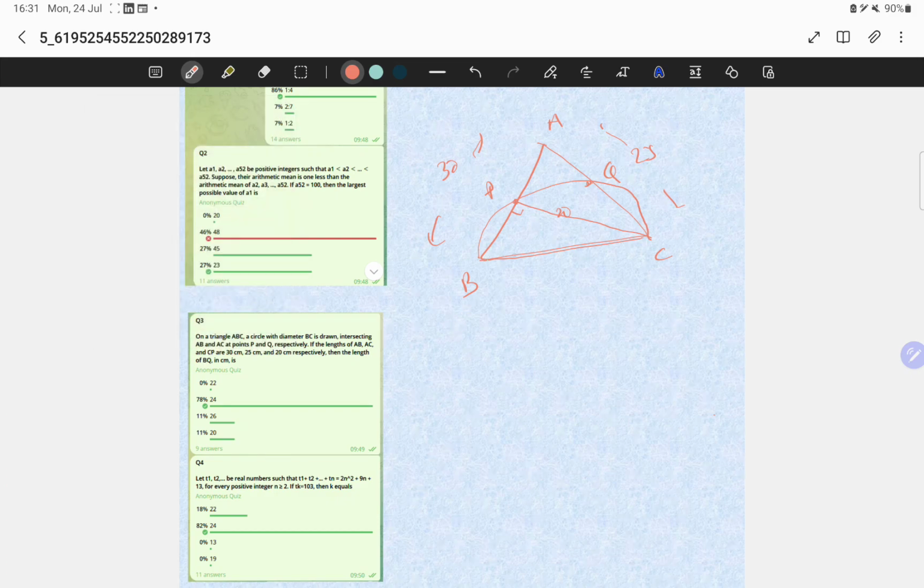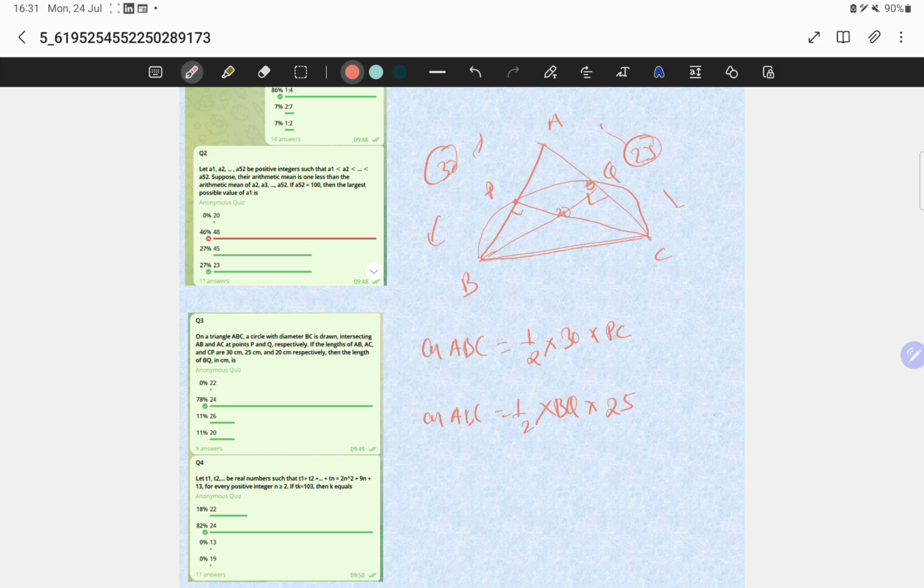So the area of triangle ABC will be how much? Base is AB, so half of AB times the height, which is PC. Now, if we look from the perspective of base BC, we connect BQ, and this will also be 90 degrees, perpendicular. So the height in that case will be BQ, base will be 25, and PC we know as 20.